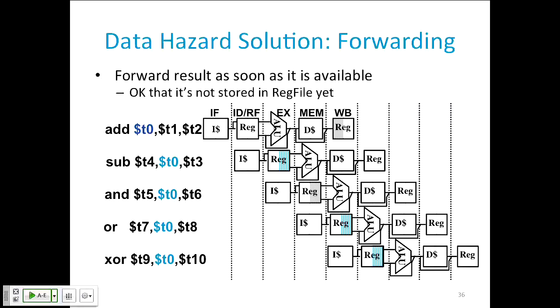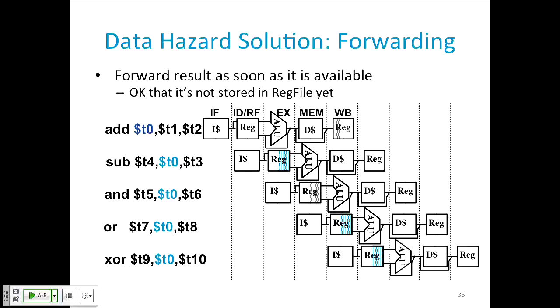Okay? And notice this guy wants to read it here, but why is it reading it here? It's because he wants to work on it here. So I can just take the value from this point and feed it into this guy. So I add this extra sneak path of, I already computed it. I haven't written it back, but I know what it's going to be. And if I detect that situation, I'm just going to forward the value from the output of the ALU back to the input of the ALU. So this now means I can do back-to-back dependent instructions, one cycle after another, at full speed, right? Even though the whole instruction takes 5 cycles to get through the pipeline, this critical piece I can do back-to-back,